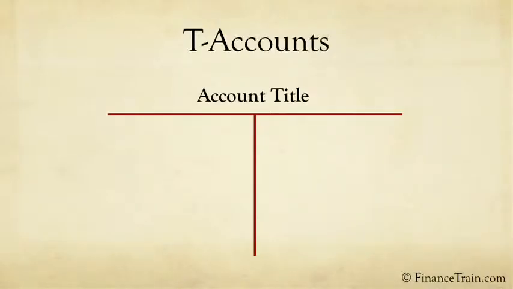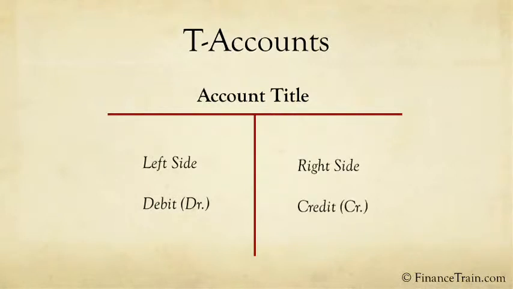An informal way to show debits and credits is to create a T account. T accounts display the title of the account, the left side and the right side. On the left side, debits are recorded, and on the right side, credits are recorded. This helps in ascertaining the ultimate position of each item at the end of the accounting period. For example, if we were looking at the account of a vendor, all goods and materials supplied will appear on the right side or the credit side of the supplier's account, and all payments made to him on the left side or the debit side.